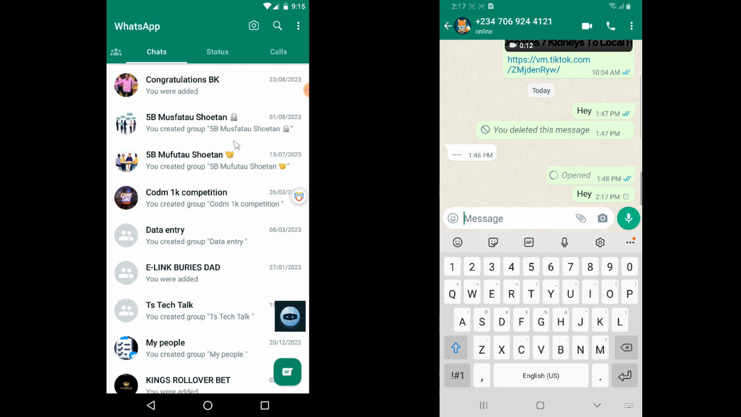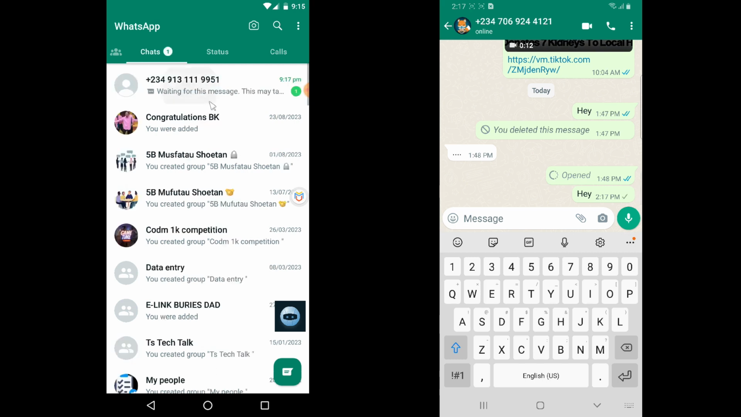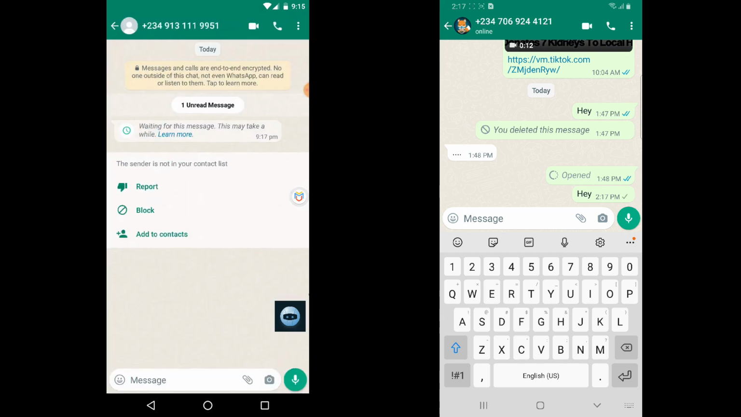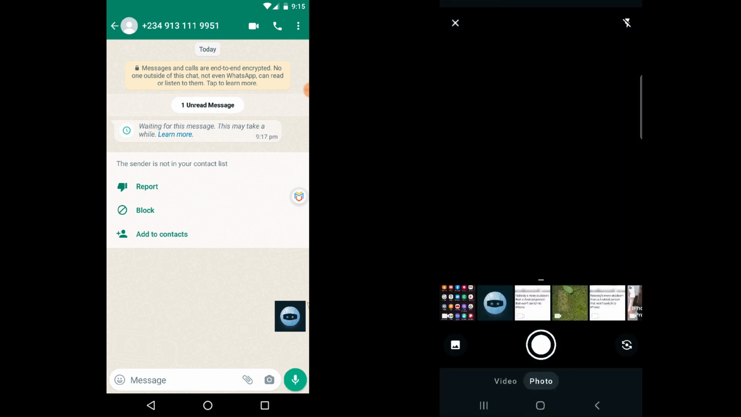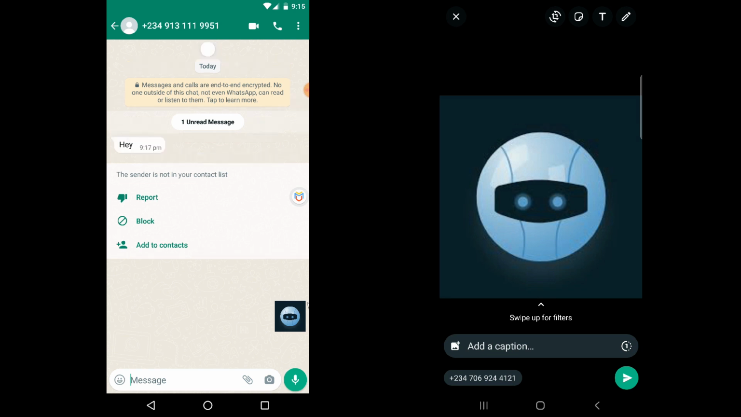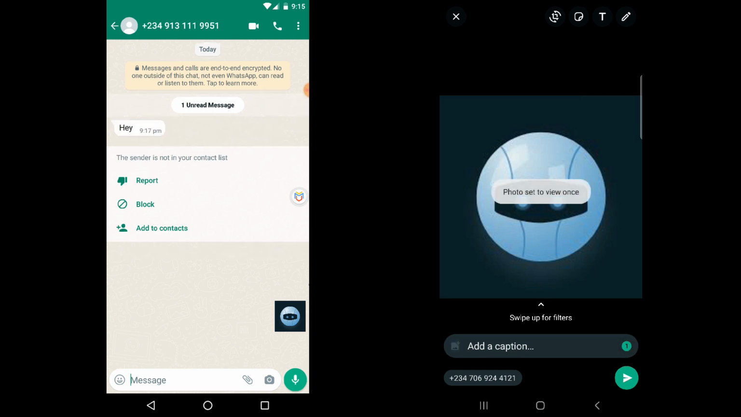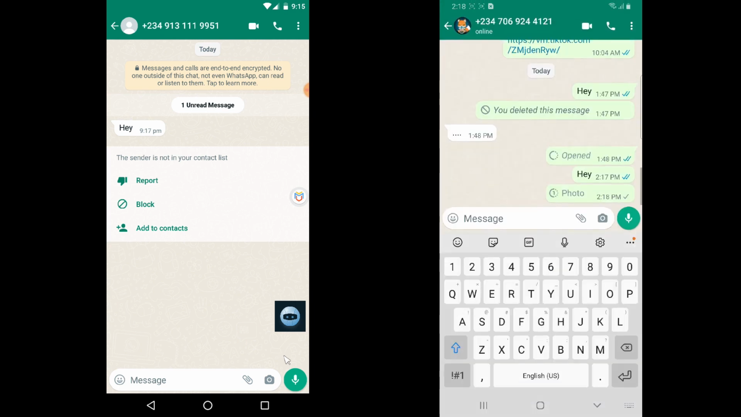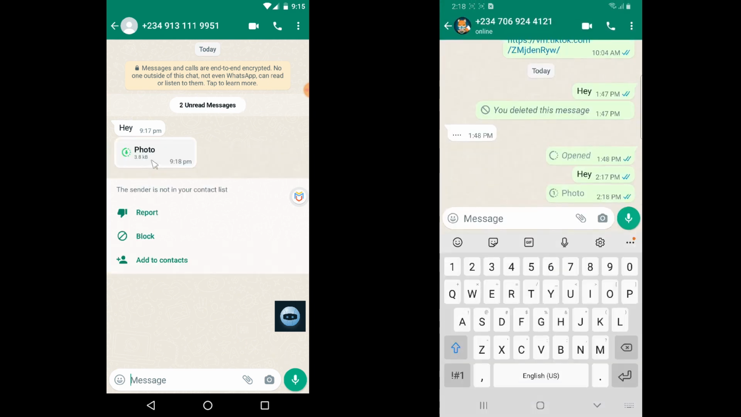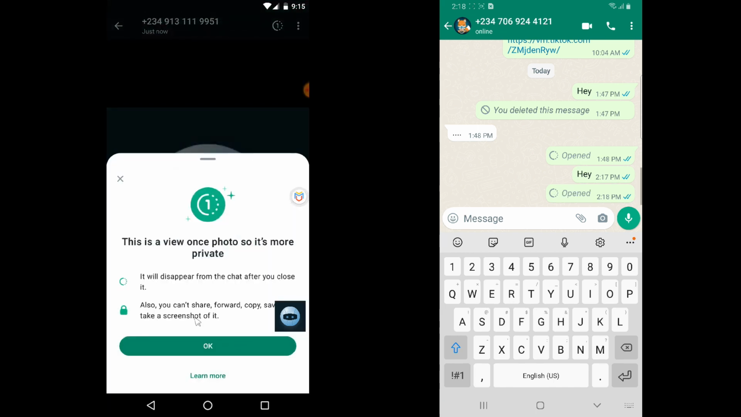So this is going to be a new message, and this is it right there. Now I'm going to go ahead and enter in the information and enter in the disappearing message. So now this is the disappearing message. So set photo once, and I'm going to send it. So I just sent that photo, and this is the photo downloading, and I just opened it, and it says